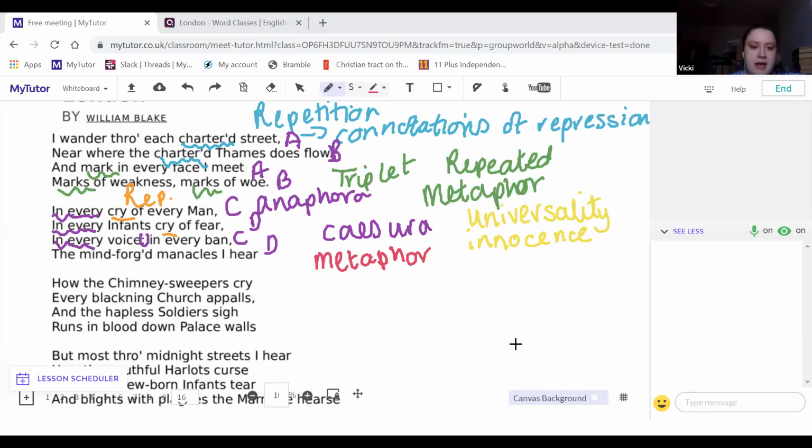Okay, so mind-forged manacles I hear. Right, so mind-forged, created in the mind, mentally. So it's a representation for being oppressed, being forgotten by society. Manacles are,